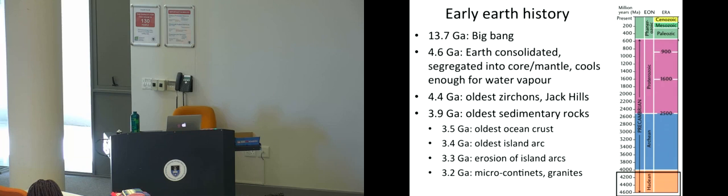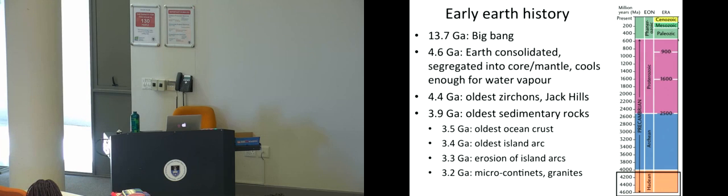So the Earth is beginning to cool and consolidate, and is already segregating into a core. So we have this very hot liquid iron core, and then a mantle. So we have a segregated Earth. And by 4.6 billion years, the Earth has cooled enough that we have some evidence that there's at least water vapor. And then at around 4.4 billion, so I checked this and it is 4.4 billion, we have the oldest zircons,